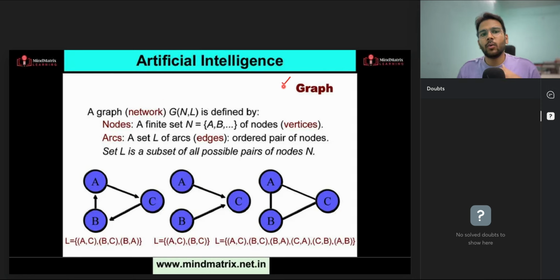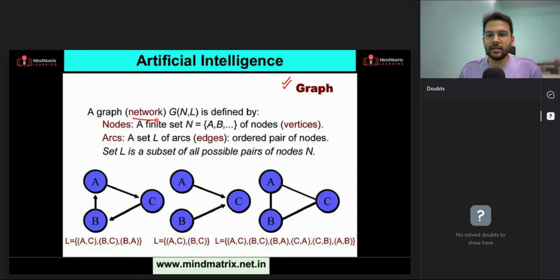Okay, so what is a graph? Sachin sir will be covering graphs in a lot of detail, in graph theory, and also in this AI subject when we talk about search: uninformed search, informed search, adversarial search. There also he will talk in detail about graphs. We will see what we need to understand Bayesian networks in detail. I will cover all those things so that you can understand clearly.